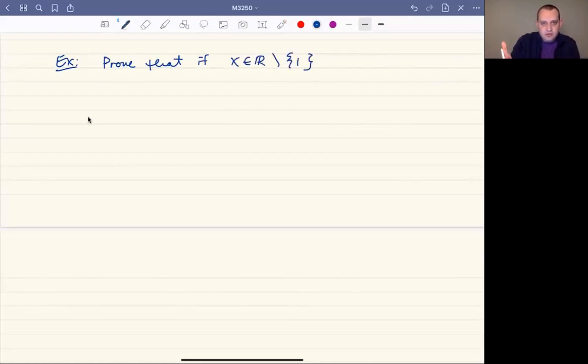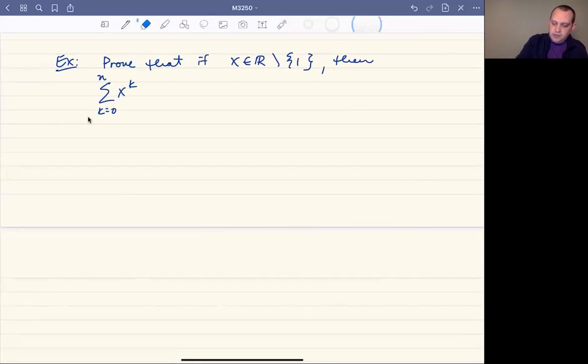okay, so now we can start to write things more succinctly using our set theory notation, which is why I like to do it first. But let's prove that if x is a real number not equal to 1, then we have the following formula. The sum of x to the k, as k goes from 0 to n. Actually, let me use